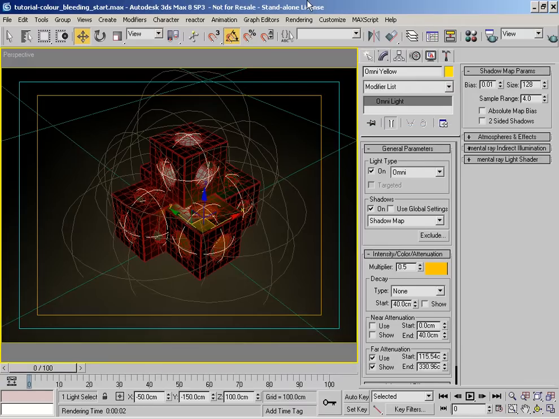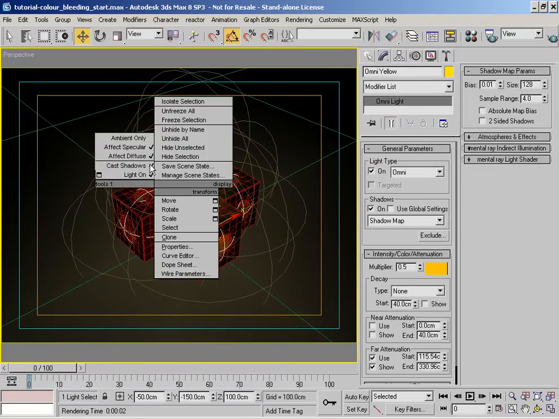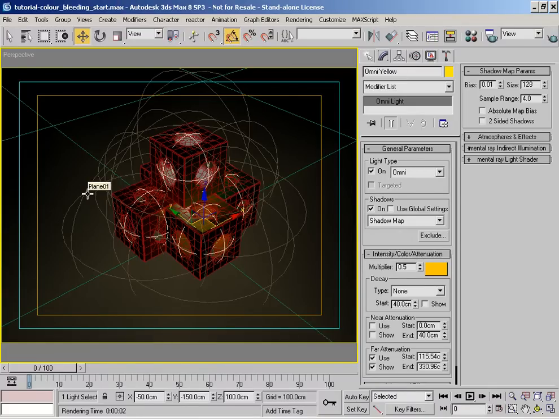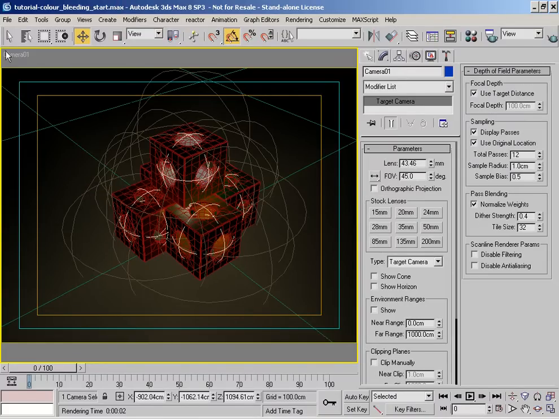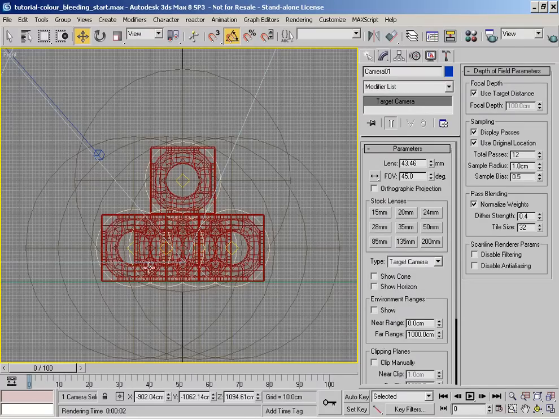Okay, next thing we need to do, I'm just going to create a camera at that particular point. So in the viewport, I'm just going to hold down Control and press C, which basically creates a camera from the current perspective viewport with the right settings. So I can then just switch to